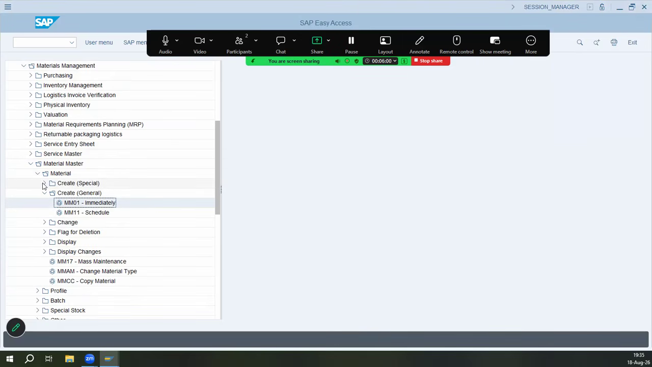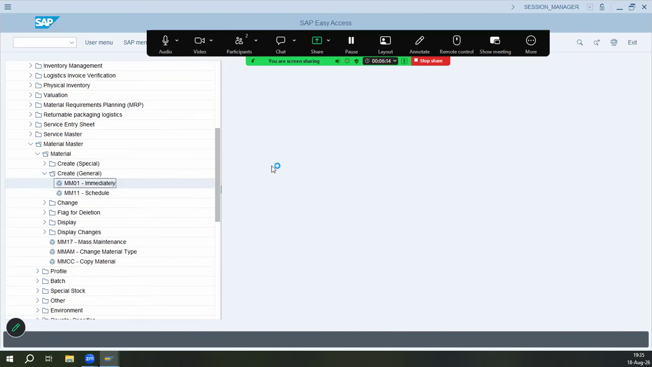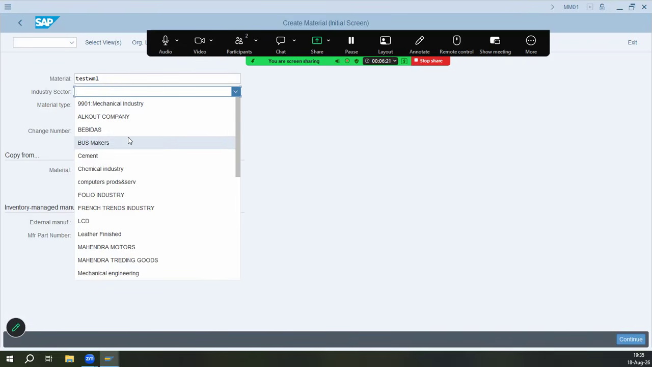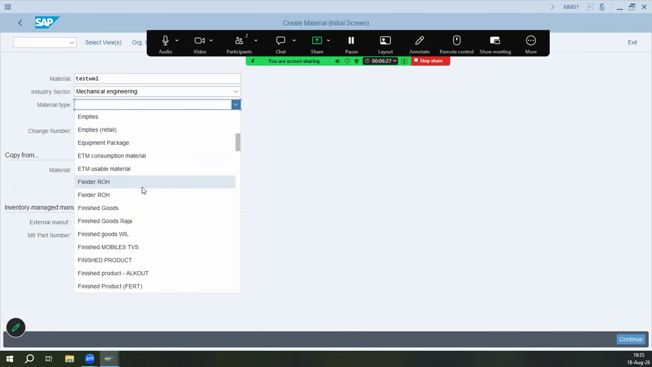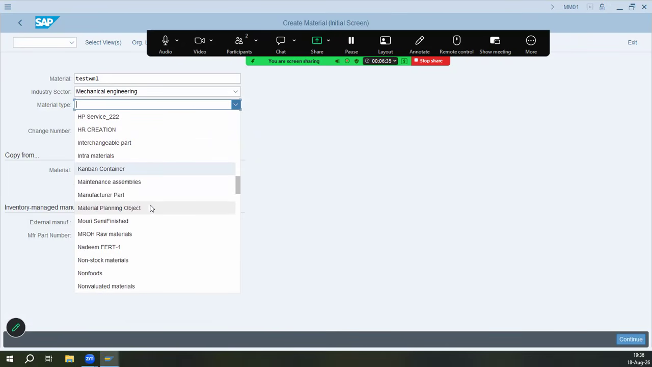generalized MM01. In specialized, we have raw material, finished product, semi-finished. And for every material type, you have various T codes. Now, these are T codes that you actually see here. MM01, material, test WM. This is just a test material. Later on, we'll create our own mechanical engineering, the most favorite, and which is by standard used by everyone training. So we are going to pick raw material